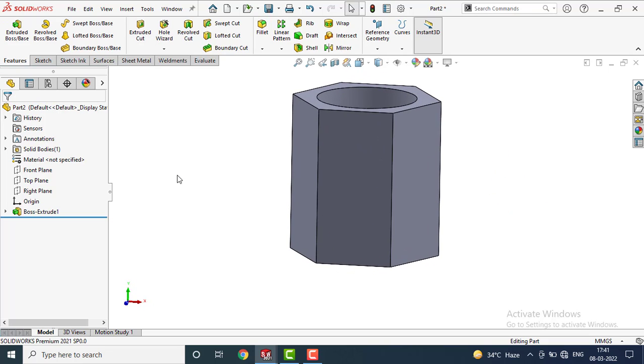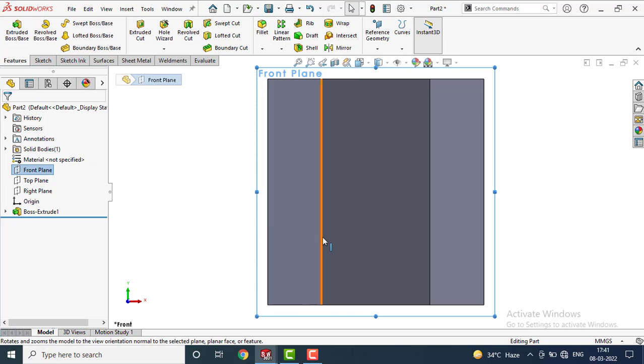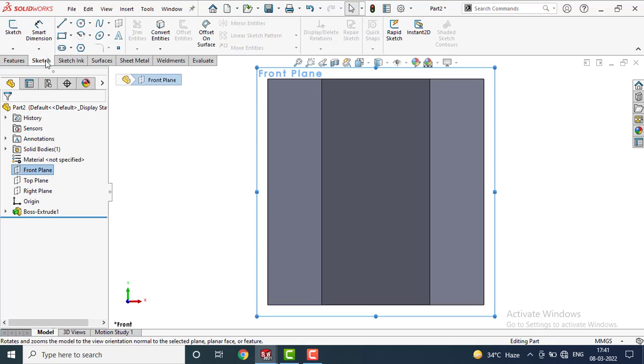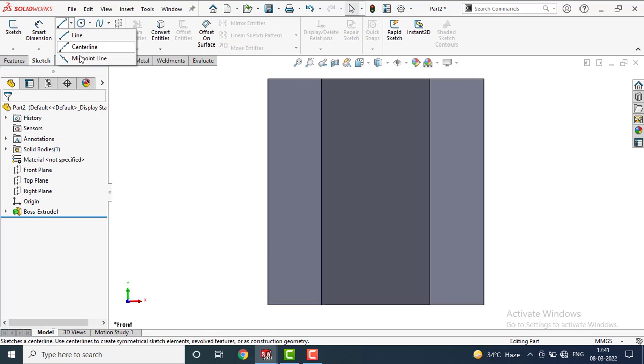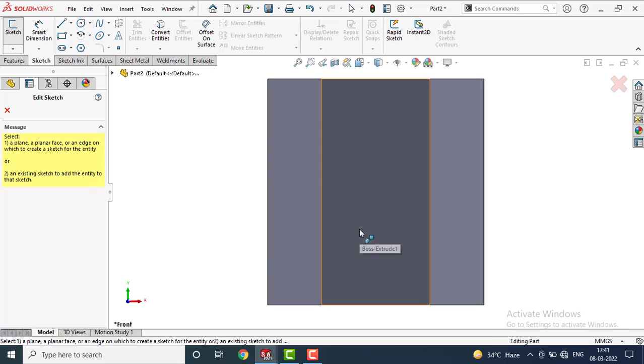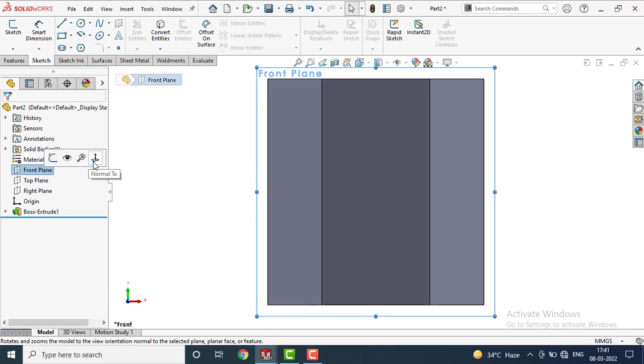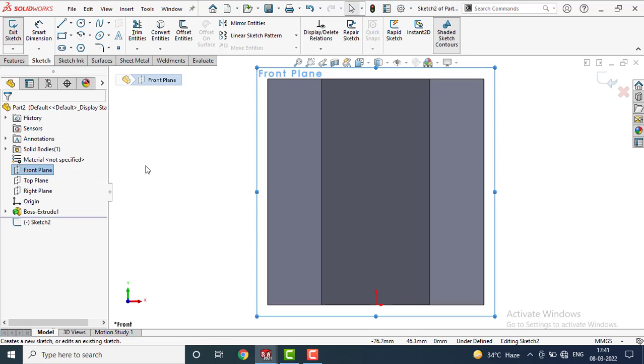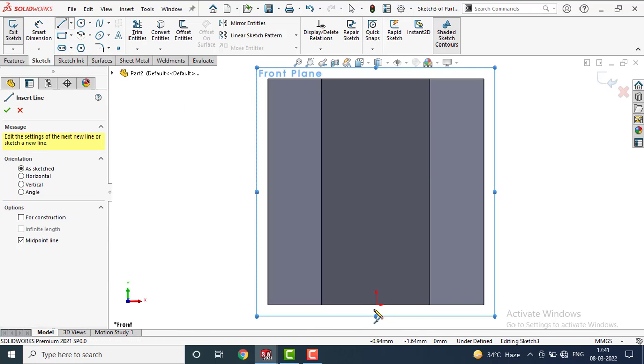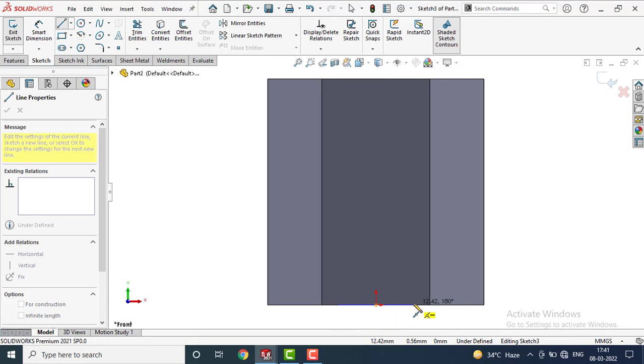So for this, first of all select front plane, make it normal to, go to sketch, select midpoint line from here and draw a line like this.